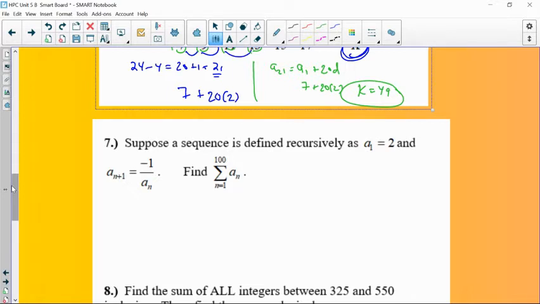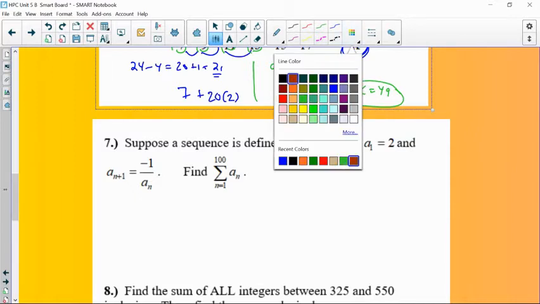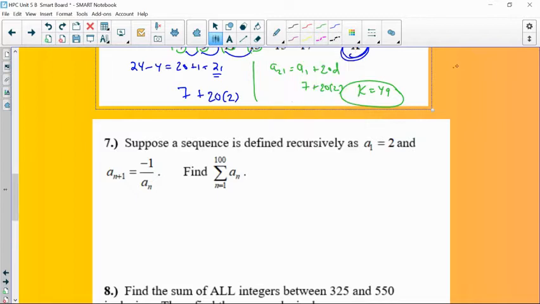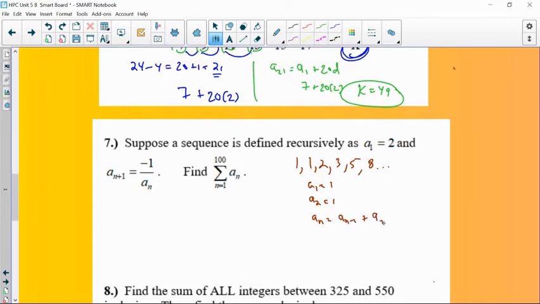Just as a side, one of the more famous recursive sequences is the Fibonacci sequence, and you probably have come across this at some point in your math study, or even in pop culture, if you ever watched The Da Vinci Code. The Fibonacci sequence starts with 1, 1, and then you just add the two previous numbers. So 1 plus 1 is 2, 1 plus 2 is 3, 2 plus 3 is 5, 3 plus 5 is 8. In other words, it's defined as the first term is 1, the second term is 1, but then any nth term is equal to the sum of the two previous terms,